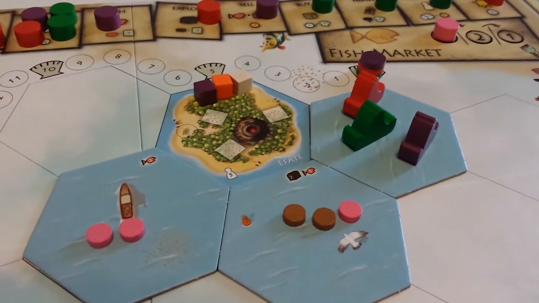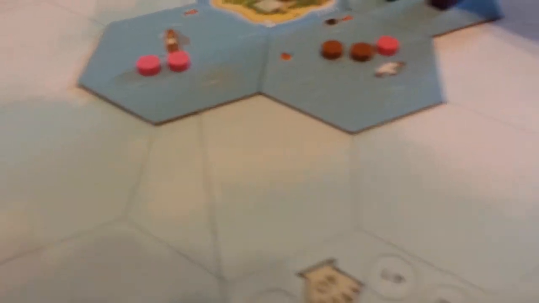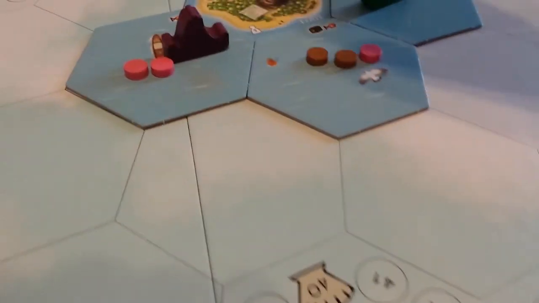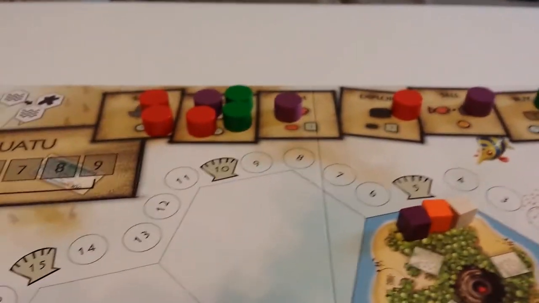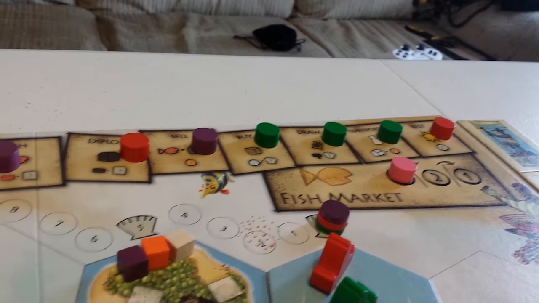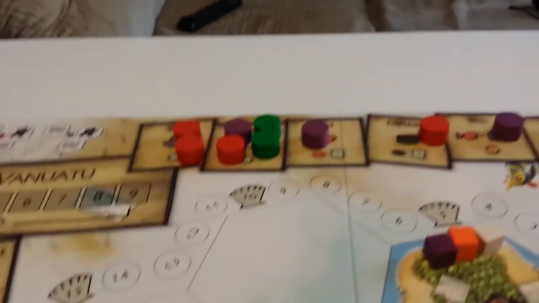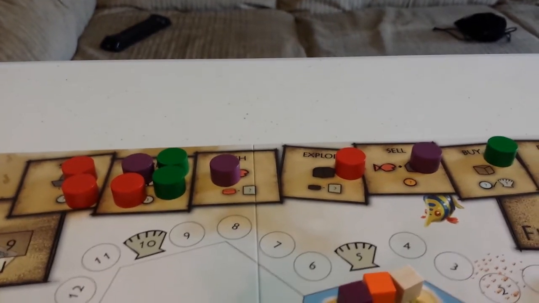So when you take the sail action, you can move your boat up to 3 spaces, and you can only move on water tiles. So purple's going to go ahead and move 2 tiles to this one. Okay, now we move to red. Now red gets a chance to do something. So he can explore, he can rest, or he can sail. Now he needs to sail so that he can explore